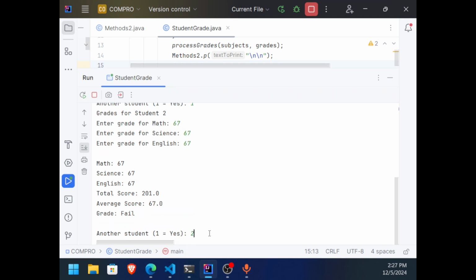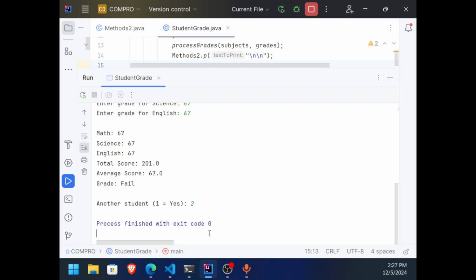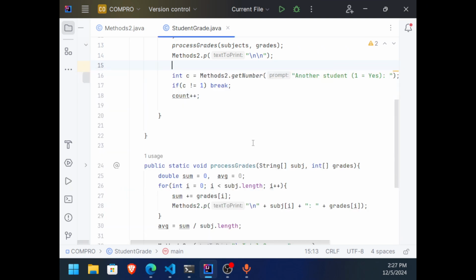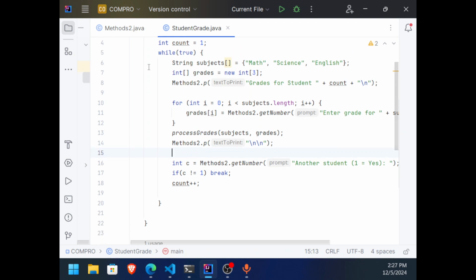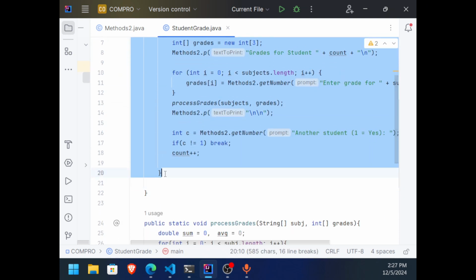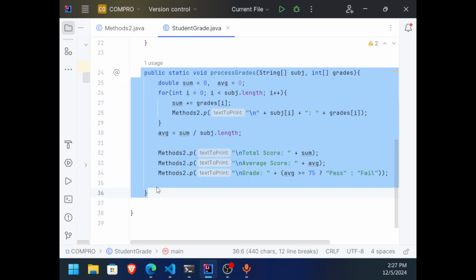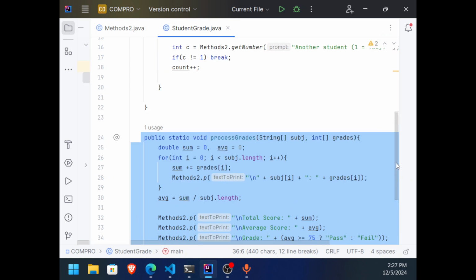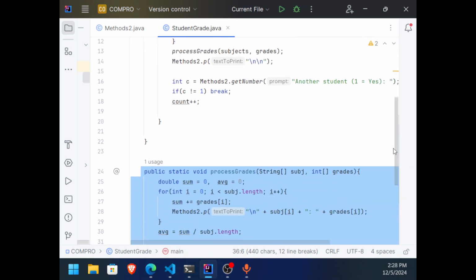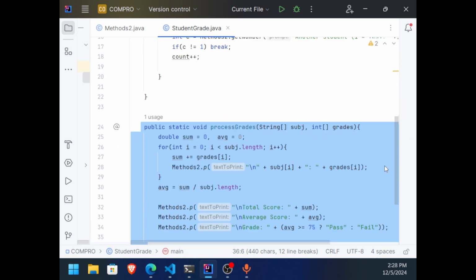Kapag anything rather than 1, i-exit na niya yung program. So as you can see, our program now is cleaner, right? Ito lang laman niya, oh. Kasi, dinivide na natin yung mga processes into methods. Nakita niyo yung beauty ng methods? Nakita niyo yung advantage ng methods?